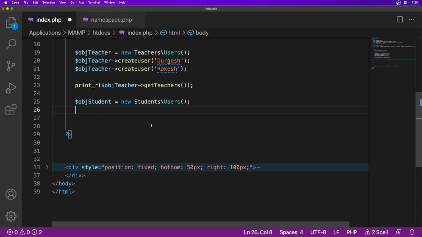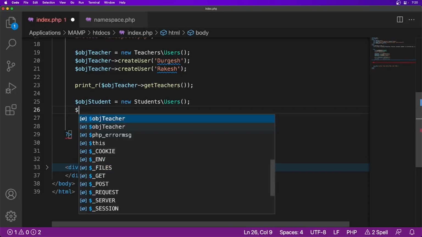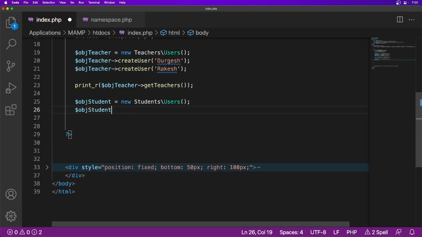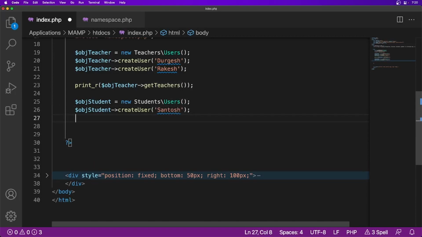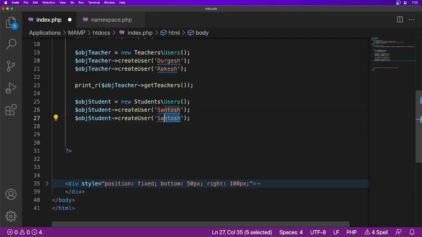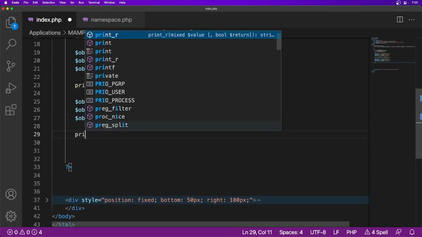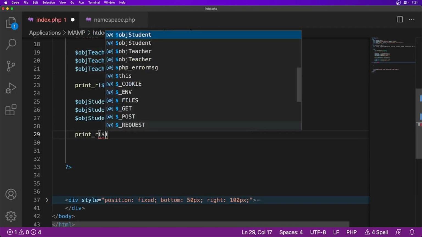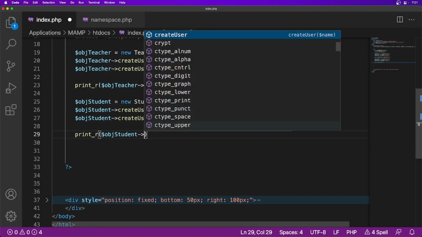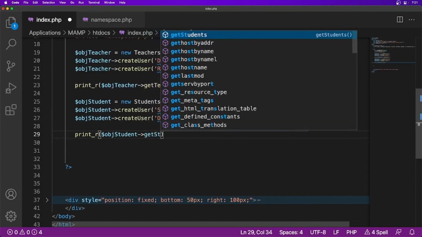So you can say dollar object of student, create user, and pass some name like Santosh, and let's create two actually, Dinesh, and use the same print r, and object of student get students,